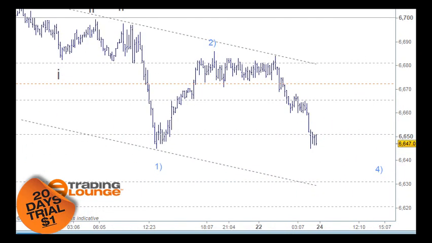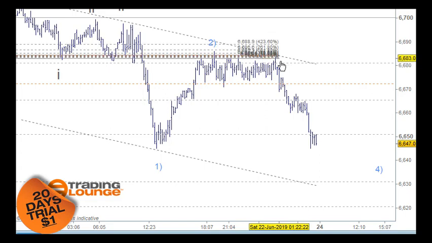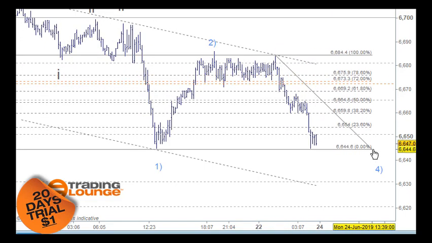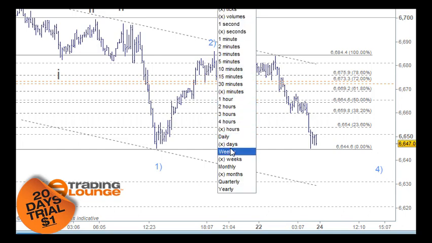So we'd probably have to leave the stop above the 6672 area at this stage. The 61.8% is here, the resistance is in here, the supply is in here, so leave it above this area, at 6674 or 77. When you're shorting, 4 is a good number to have it on, or if you want to go above the 5, then you'll go to 7. So either one of those will be fine.